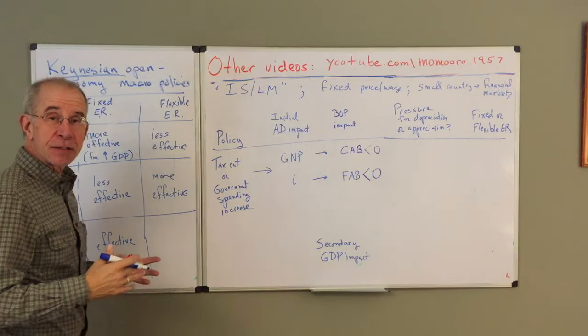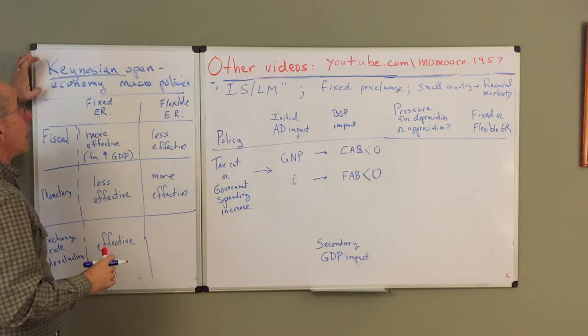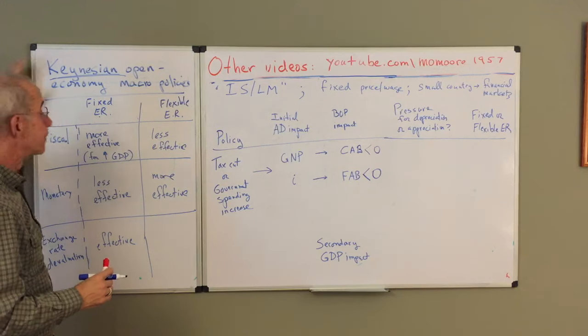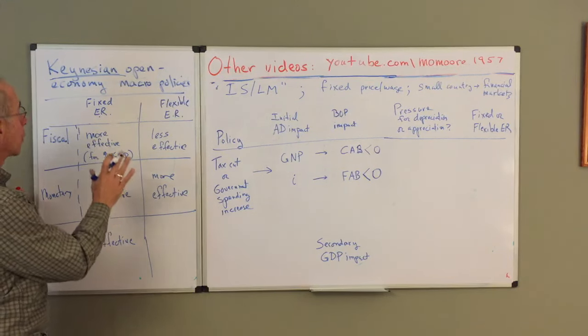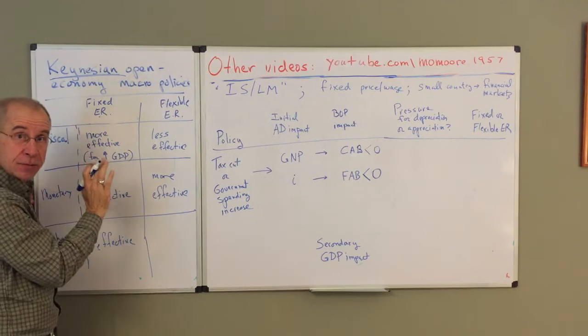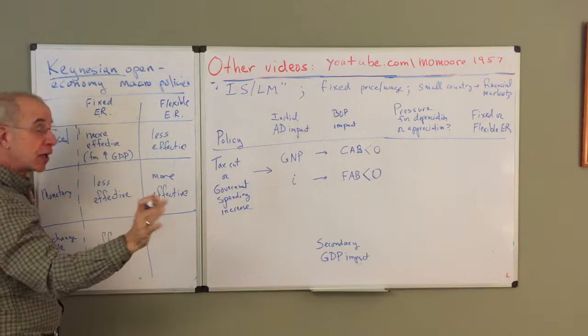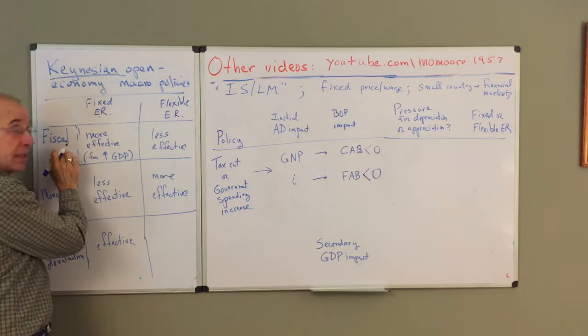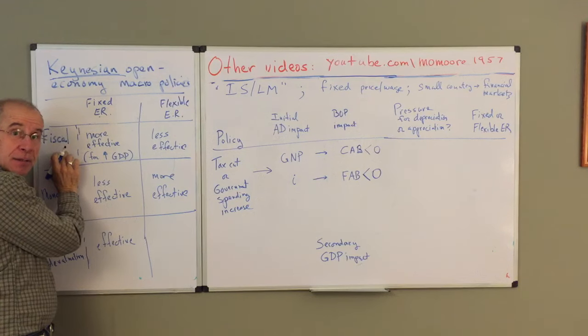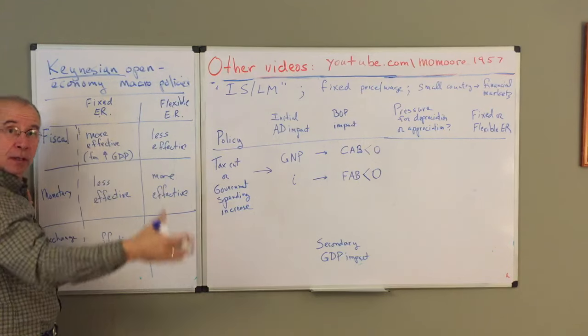So let's continue this discussion about Keynesian open economy macro policies. And we're going, in this instance, to be talking about fixed exchange rates. So the central bank pegs the exchange rate, and the central government is considering fiscal stimulus as a way to